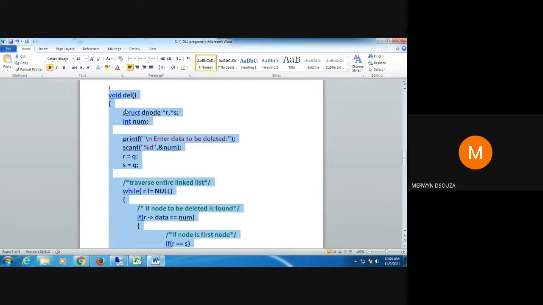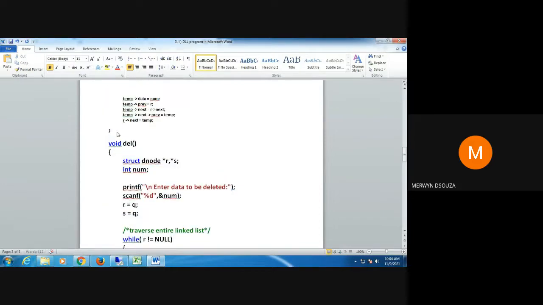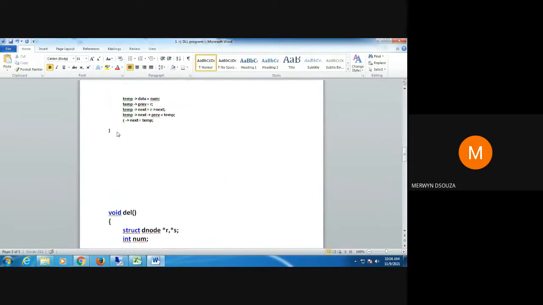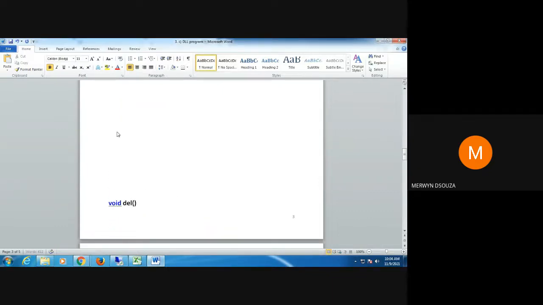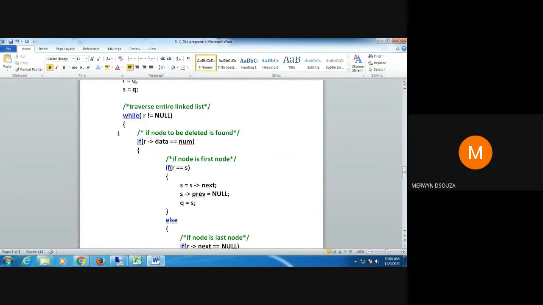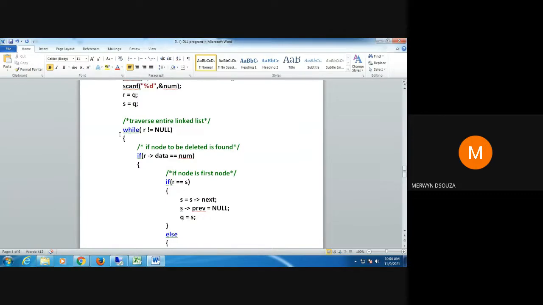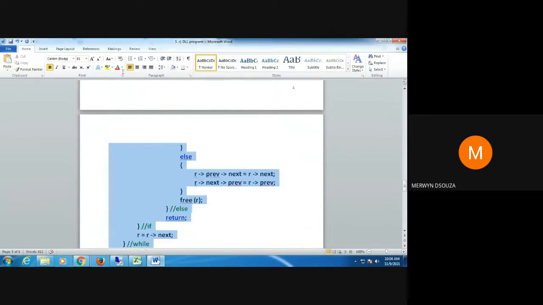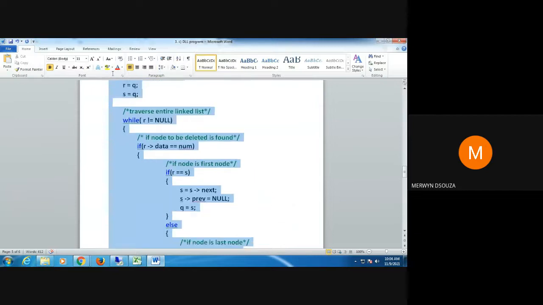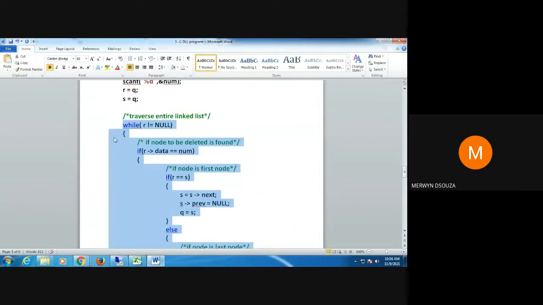Let me take it to your new page so that you understand it properly. So now your while loop that starts there. You can just see in your delete function this entire code is there inside your while loop.